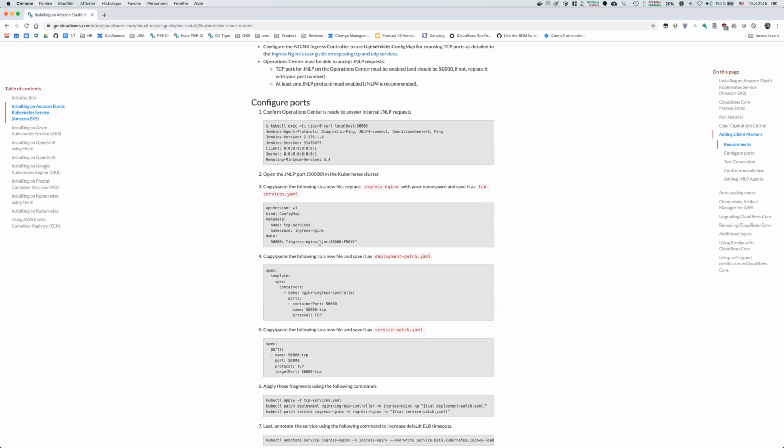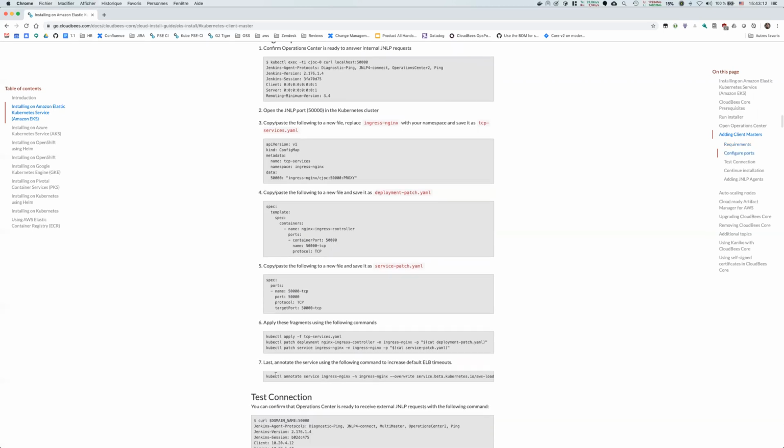manifest-based configuration, which we have basically three things to edit. A configuration map that is basically telling Nginx to do the forwarding, and then we have to open a few holes. So this on the deployment, just to make sure that the port is exposed on the Nginx controller. And then this one is to open the port at the load balancer level. So usually once the configuration is done for one master or our CJOC, the only thing to do is just to replicate this kind of configuration for additional